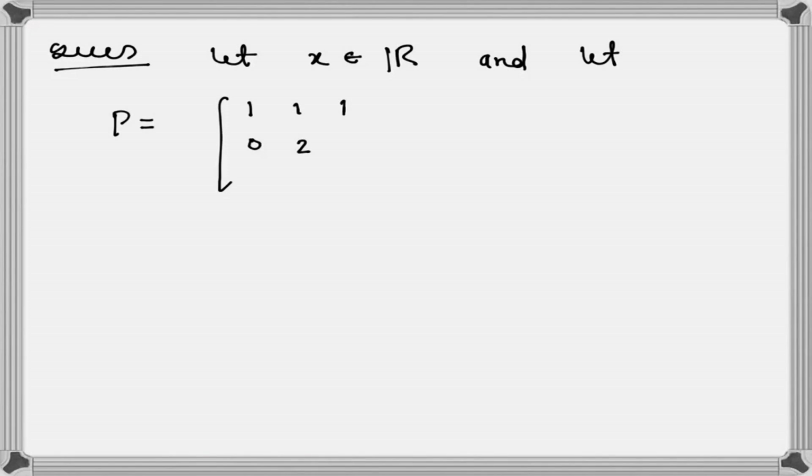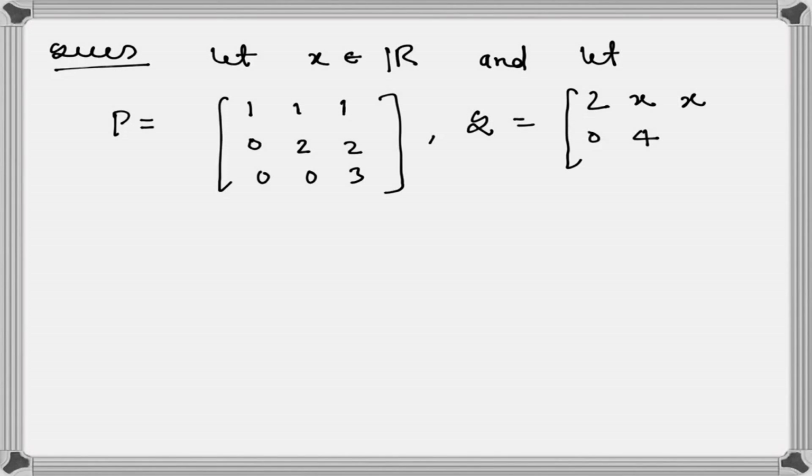Okay, so let's solve another problem. Let x belong to the real numbers and let P be equal to the matrix 1 1 1, 0 2 2, 0 0 3, and Q be equal to the matrix 2x, x, 0, 4, 0, x, 6, and R is equal to P Q P inverse. Then show that